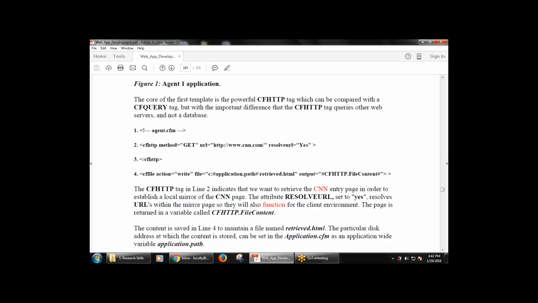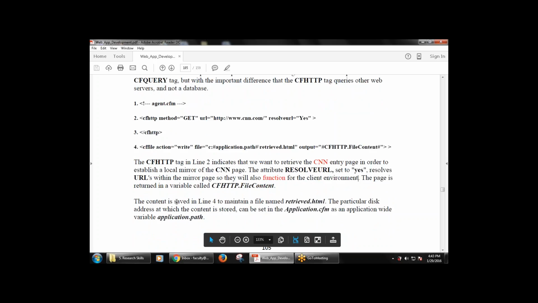Now the content is saved in line number 4 to maintain a file named retrieved.html. This fourth line uses the CFFILE tag, with action equals write, file name given as the CF application path plus retrieved.html, and the output given as CFHTTP.FileContent. The particular disk address at which the content is stored can be set in the application.cfm